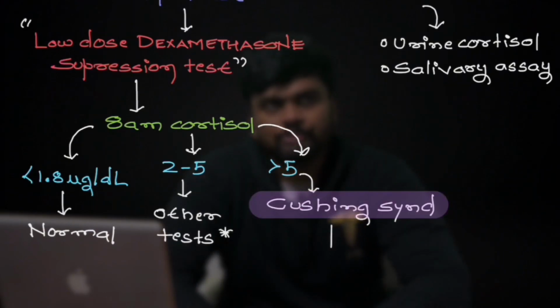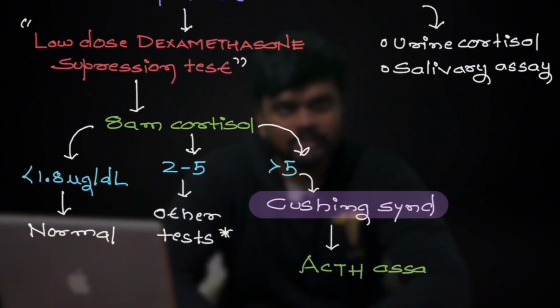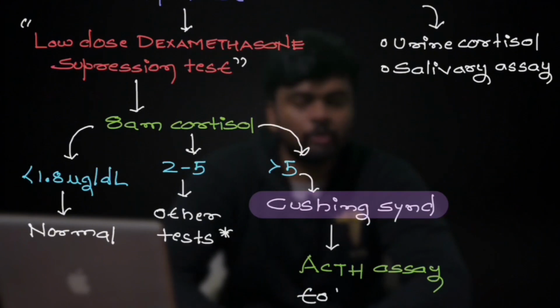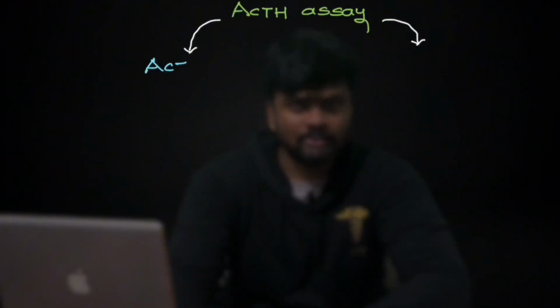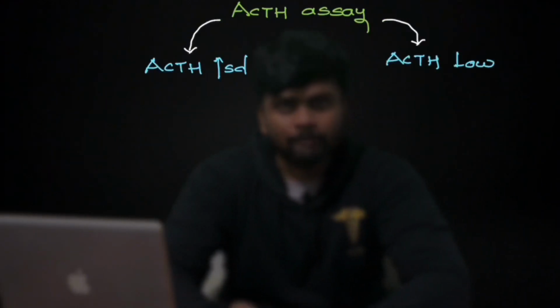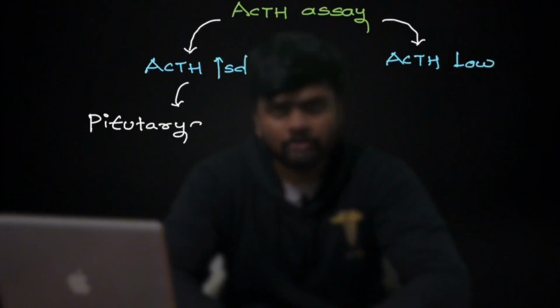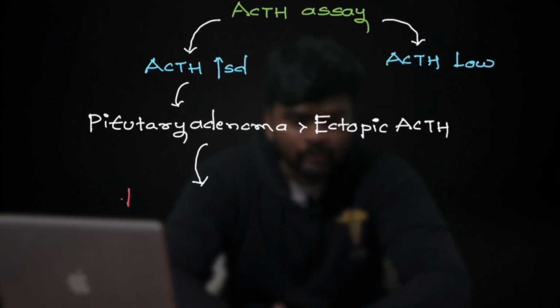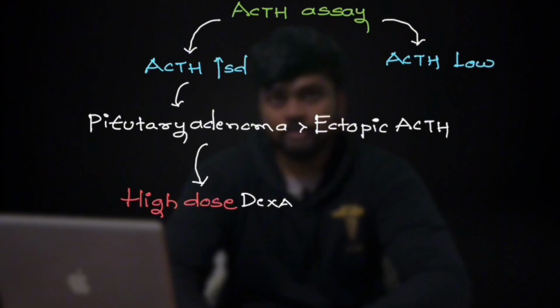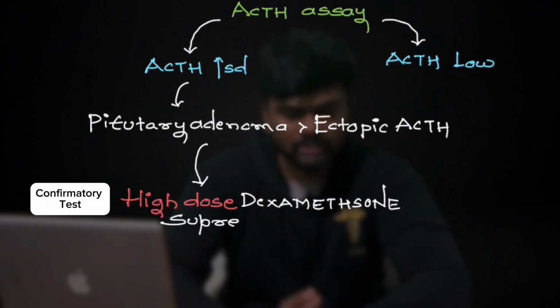Once we confirm it as Cushing syndrome, we have to do the ACTH assay. ACTH assay is done in order to localize the tumor. So once we do this ACTH assay, we get two results: ACTH high or ACTH low. If ACTH is high, it may be because of pituitary adenoma or because of ectopic ACTH secretion, which is a paraneoplastic tumor. Then we have to do the high dose dexamethasone suppression test,